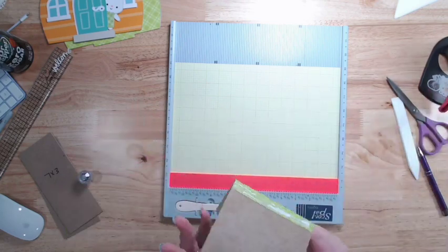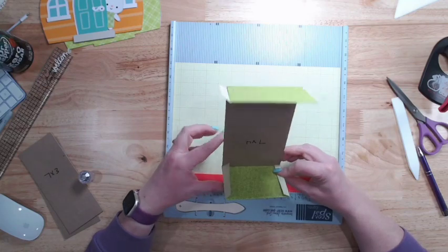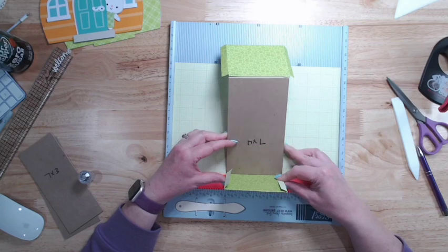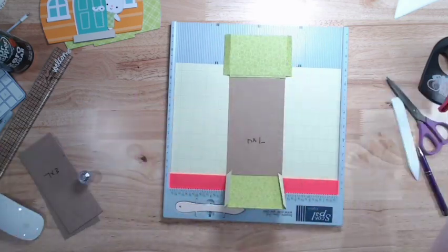I'm going to fold this up a little bit so I can see exactly what I'm doing. Line it up. And then lay it down flat. Okay? Now,